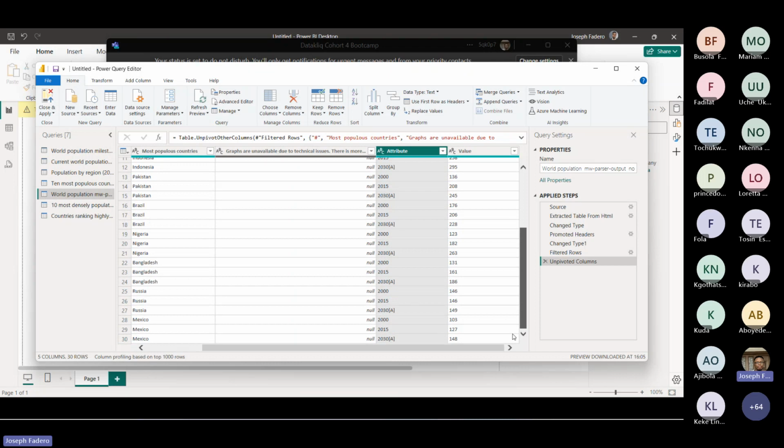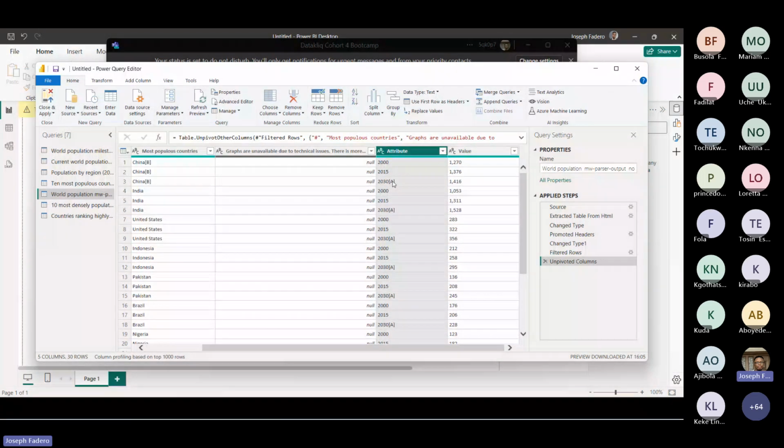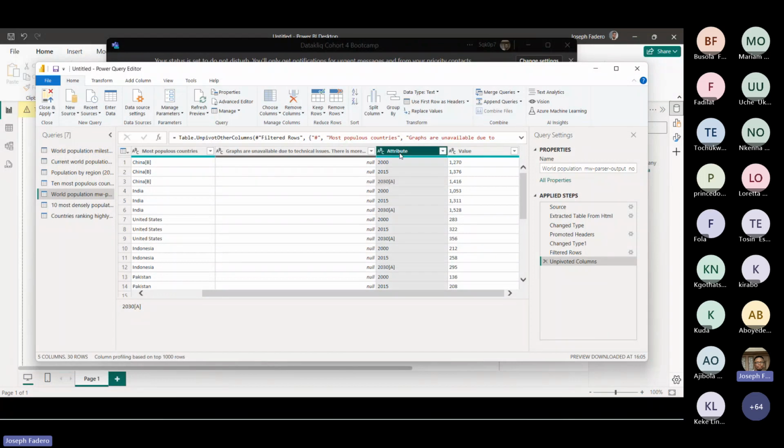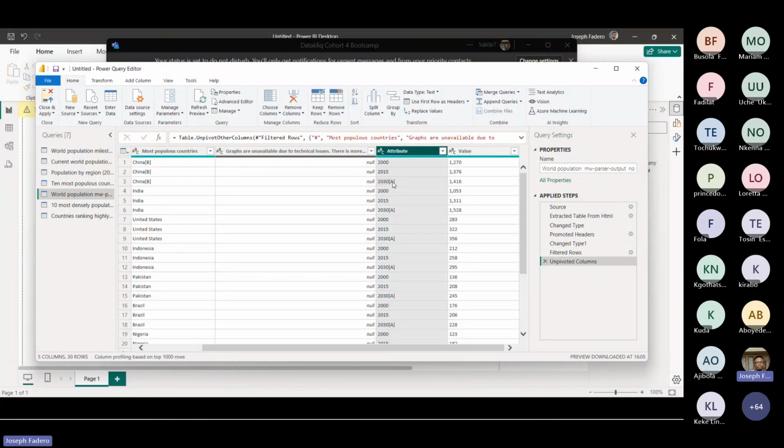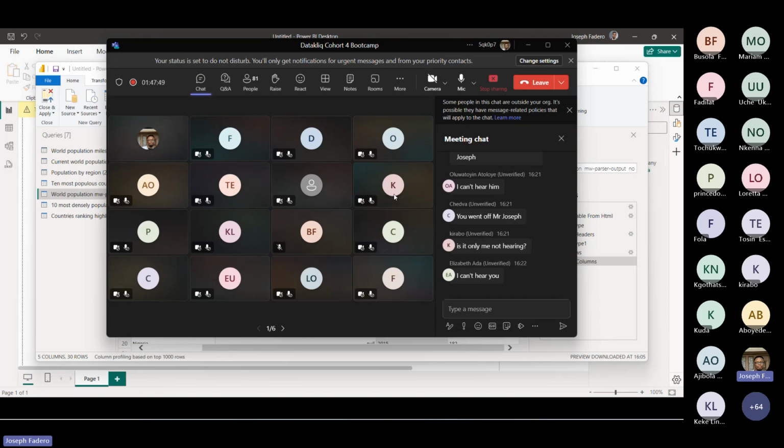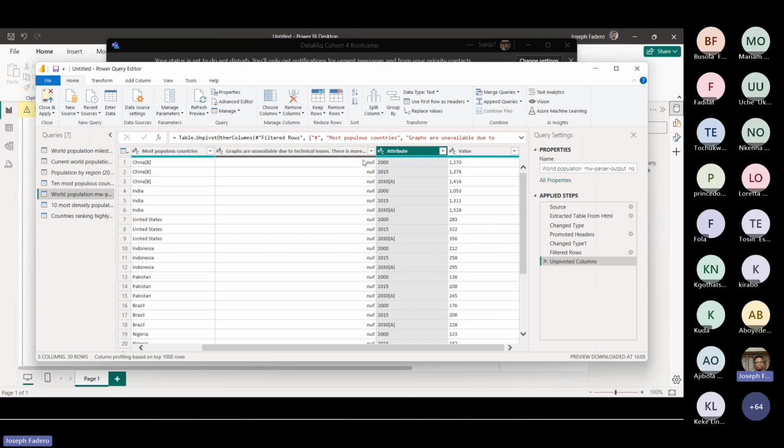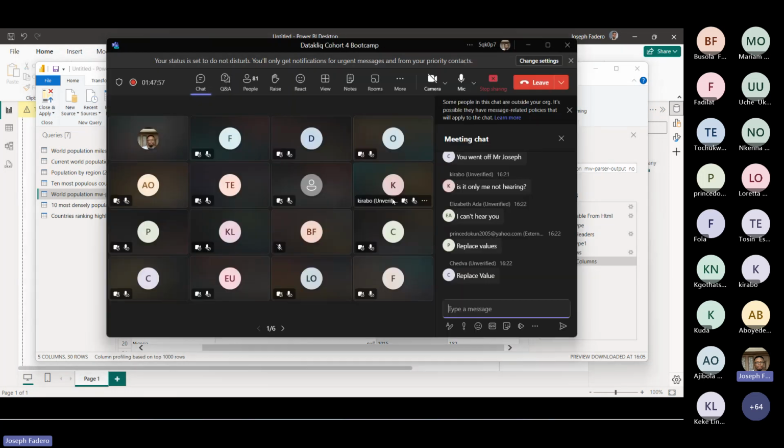So ideally, I should have probably removed that A, which I think somebody suggested earlier, from this 2030 A. But if I'm to remove the A, how can I go about removing this? Let me see if there are people that will know how to solve my problem right now. It's just like a recap. We already know these things. Don't worry, tomorrow we'll spend more time on Power Query. But I just want to test what we already know in Power Query.